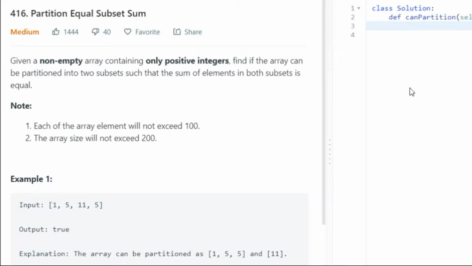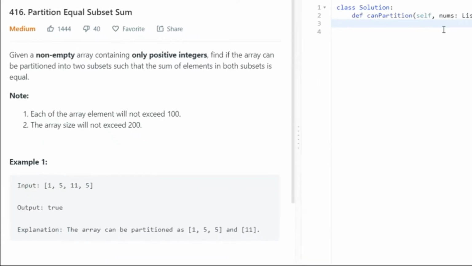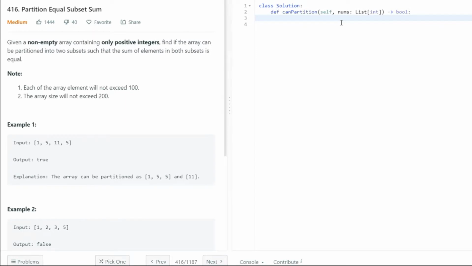And that's basically it. So this is a very common problem, and there are multiple ways of solving this problem. But the easiest way of solving this problem is the recursive approach. And the way to go about this recursive approach is that you already know what all numbers you have inside your array or your list. So when you have that, you know for a fact that the sum that you're trying to achieve inside one of the sets that you're going to make is going to be the sum of all the numbers which are there divided by 2. That's pretty obvious since if you take this example over here which has 1, 5, 11,